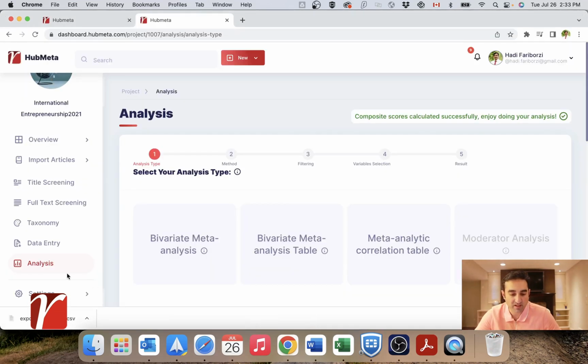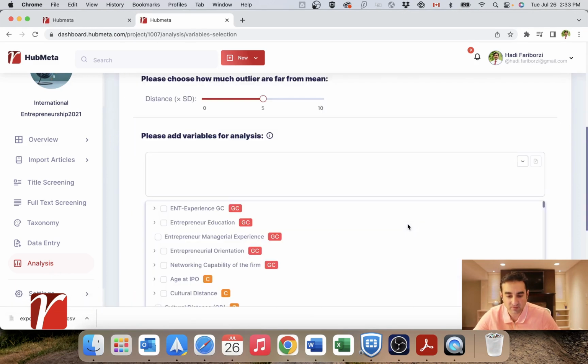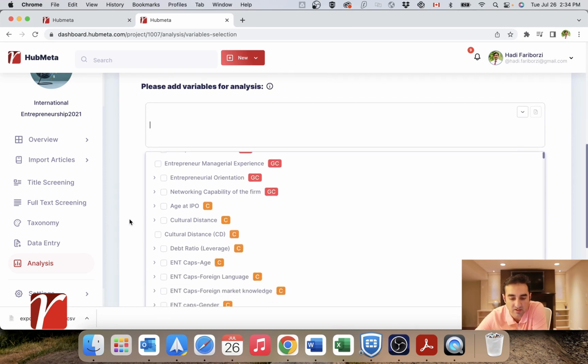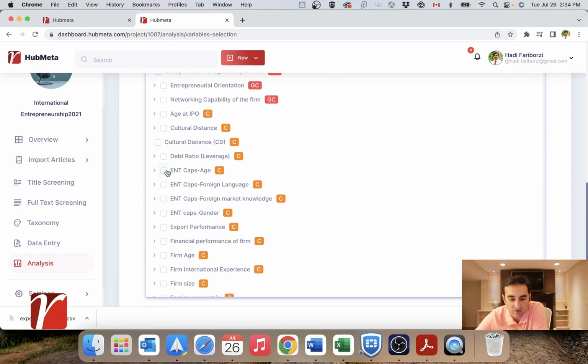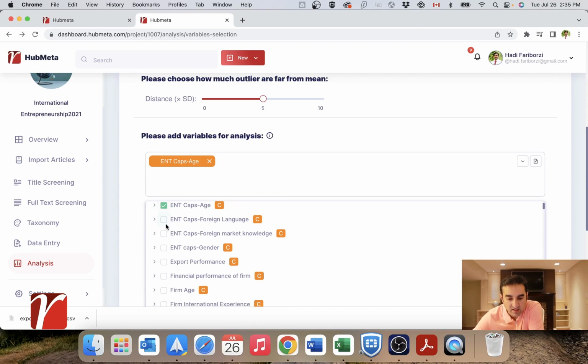Let's go to HubMeta. We'll go to Analysis, to Meta-Analytic Correlation Table, and click your filters format. And here what you have to do is to select the variables you want to include in your correlation table. Okay, so here you need to choose a few variables.